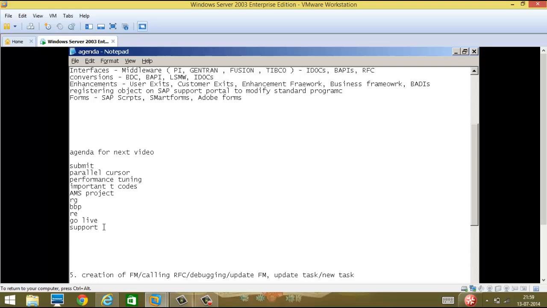So now coming to AMS. AMS is the main, important project, because in most cases the upgrade or the rollout or the enhancement project you get as a part of your AMS project. AMS project is actually not the correct terminology. AMS engagement would be the correct terminology, which means you or your company managing